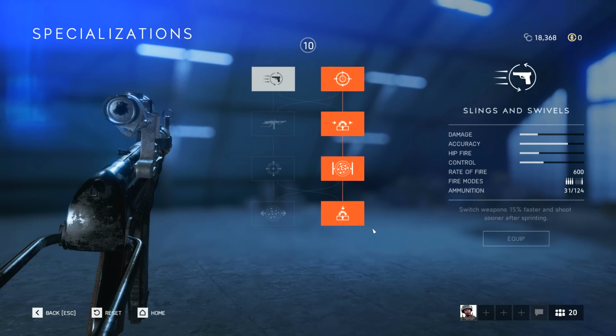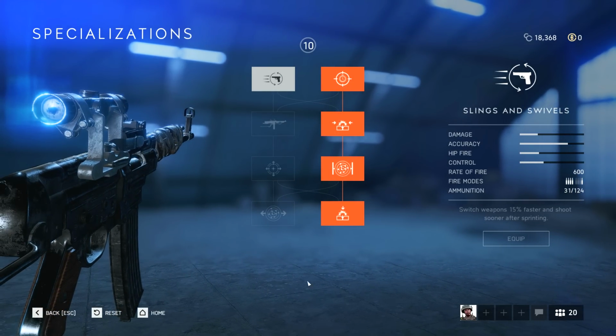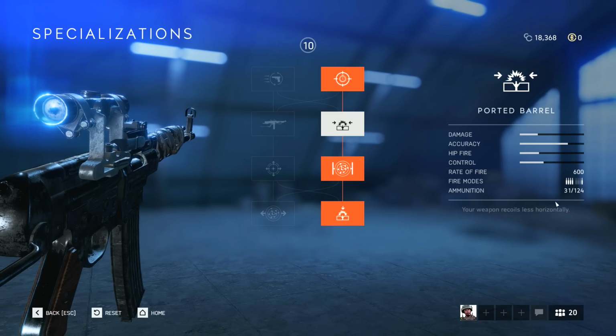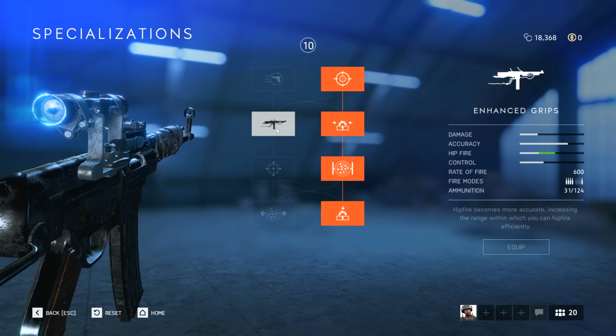So starting out, you have slings and swivels on the top left. This allows you to switch weapons 15% faster and shoot sooner after sprinting. It's a nice perk, but for me, I feel far more comfortable with the quick aim because I run the 3x scope, and I also don't like to hipfire with this weapon. The quick aim allows you to aim down your weapon sights 33% faster. You could then go for the enhanced grips, allowing hipfire to become more accurate. And from then you'd then have to pick the lightened stock, which allows you to move 60% faster while aiming with your weapon. I'm not a fan of these things,